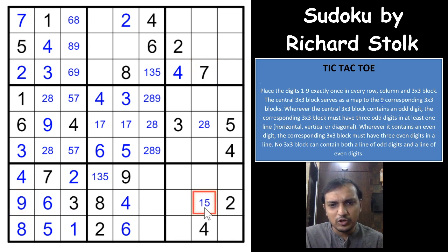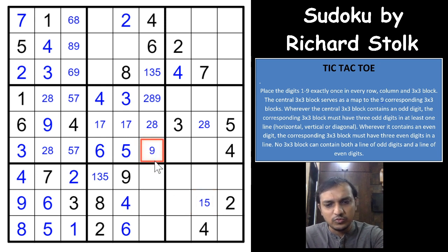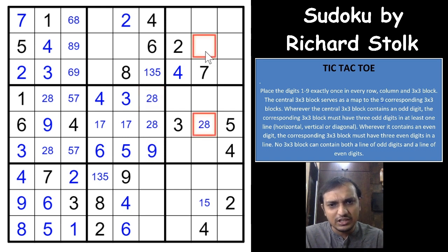Why is this helpful? Because if at all you had an even digit here, you need to have an even digit in the center cell of the corresponding box, as we have already discussed, because even digits can only form the diagonal way, right? So this is an odd digit, so this cannot be an even digit. So 2 and 8 will be eliminated from here. This would be 9. This eliminates a 9, and this is an even digit. This is an even digit because both of these are even digits. So the corresponding 3 by 3 box will have even digits in the center cell. So it cannot be 2 4 6. So this would have to be 8.